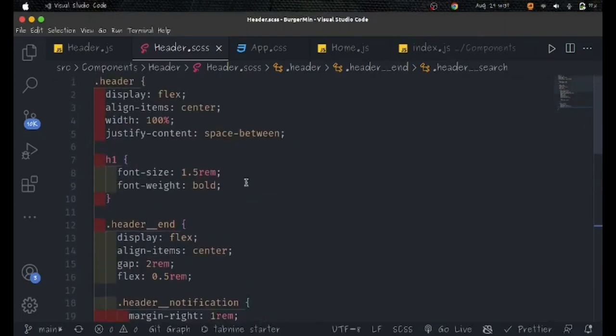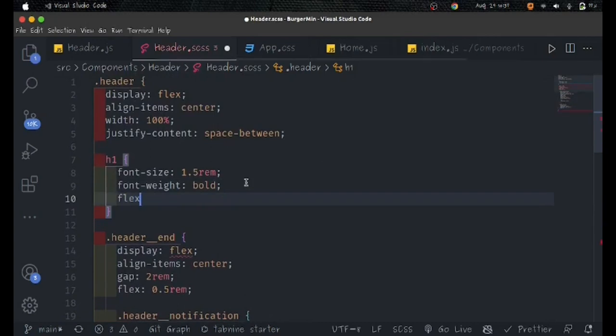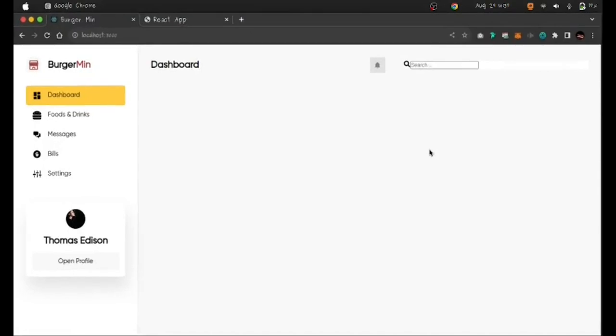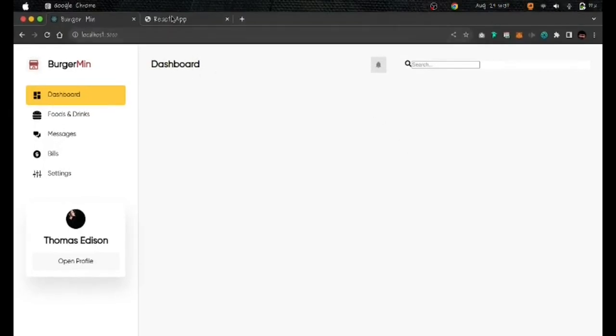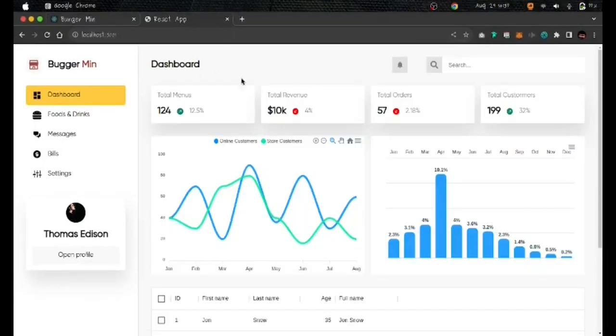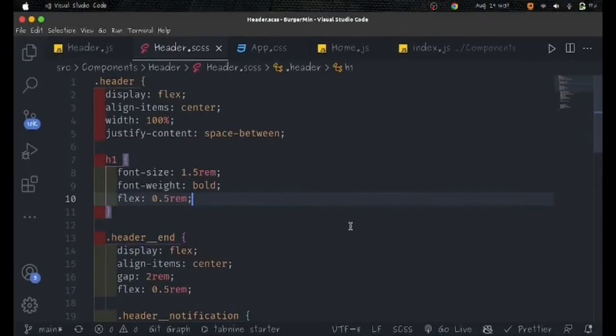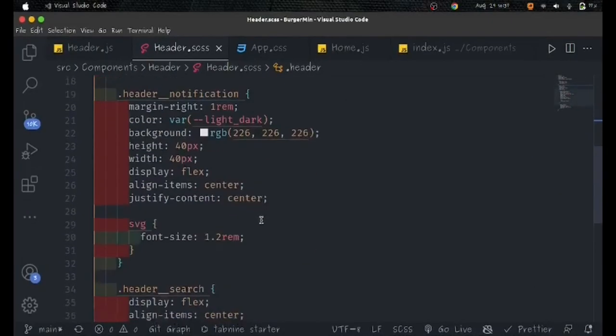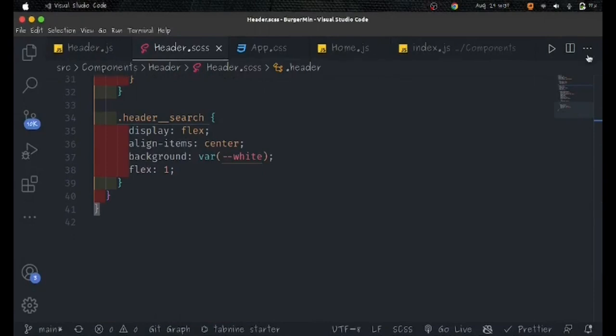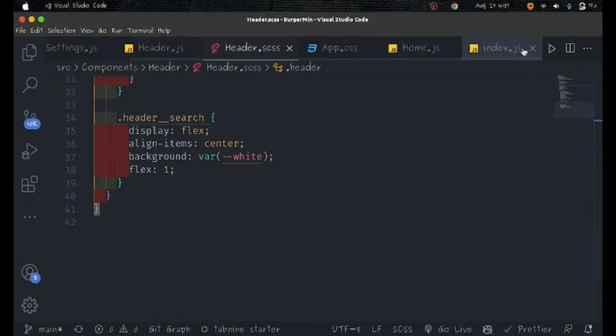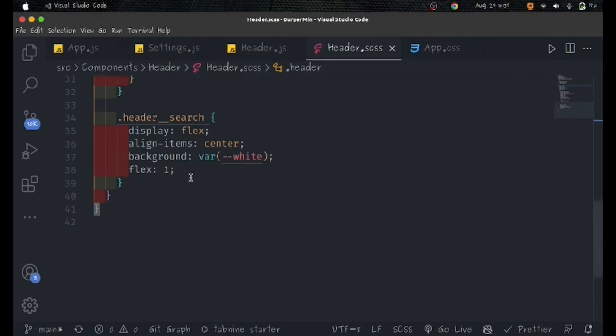Let me also give this H1 a flex of 0.5 rem. Yes, like this. Okay, now it makes sense. Great. So now in here, let me close the things we are not using. I'm using the home now. So now inside of my header search,